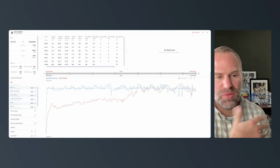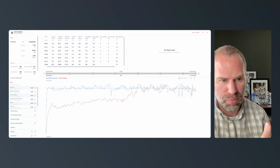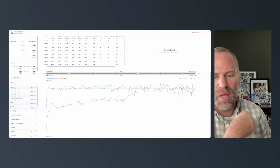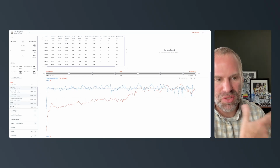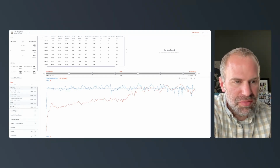And honestly, when I was cycling through those hills, it got tough, but it wasn't so tough that I couldn't do it, and I couldn't keep repeating that, not for an infinite amount of time, but definitely. And even when I stopped, I probably could have gone 1 or 2 more without really much of an issue. And so, like I said, I should have backed that grade down, but it was still a good solid effort